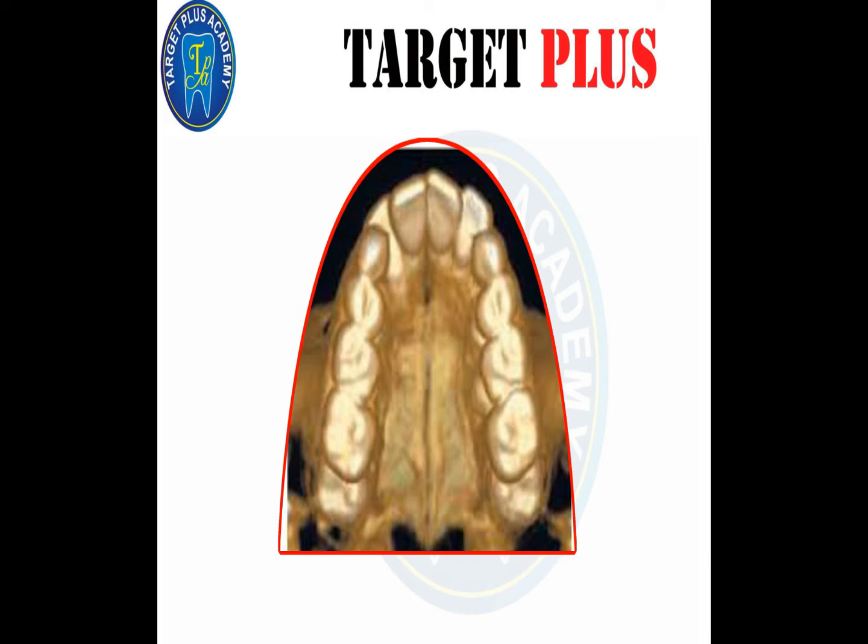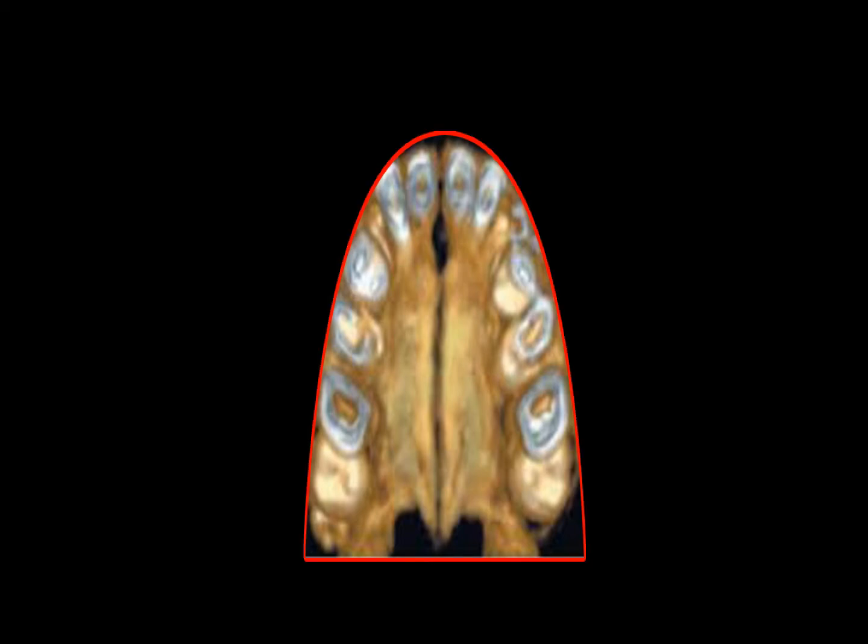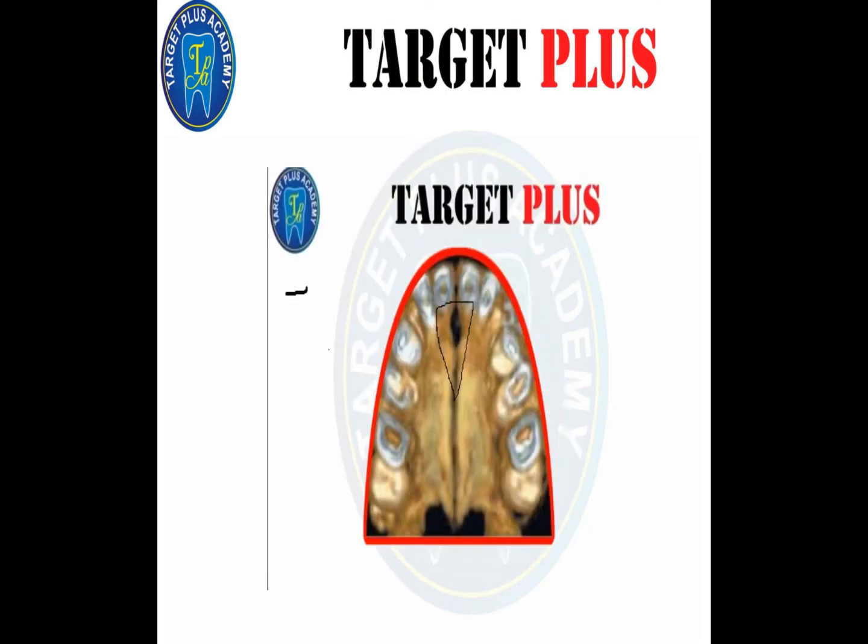The maxillary posterior teeth are used as a handle to apply a transverse reciprocal force that opens up the mid-palatal suture. Now the opening of the mid-palatal suture, remember, is fan shaped or triangular with the maximum opening at the incisal region, and it gradually diminishes toward the posterior part of the palate. So this can be appreciated in the post RME occlusal radiograph.